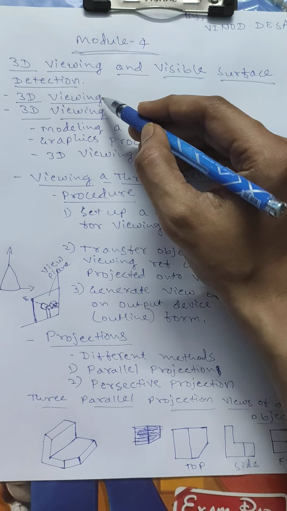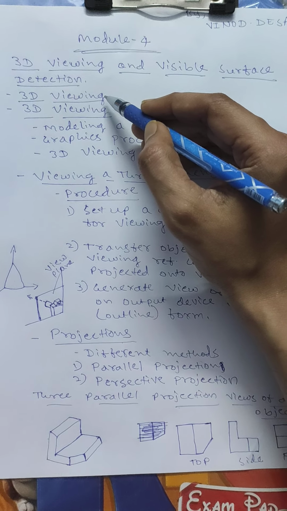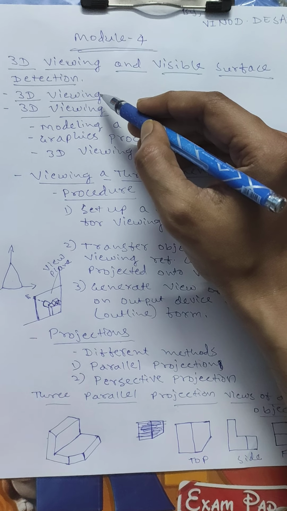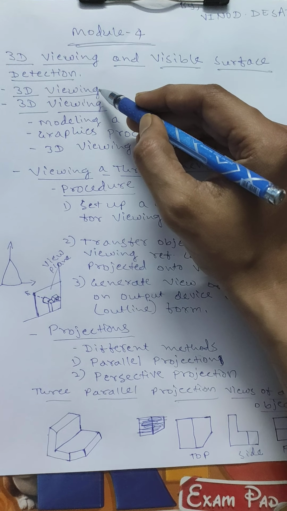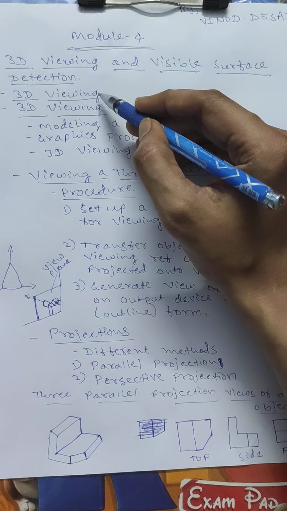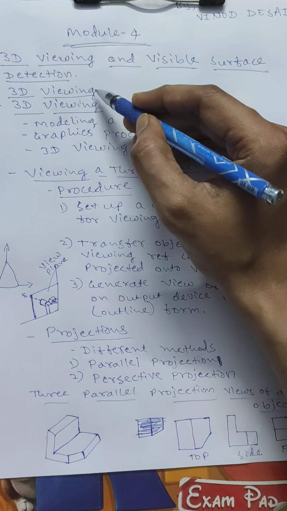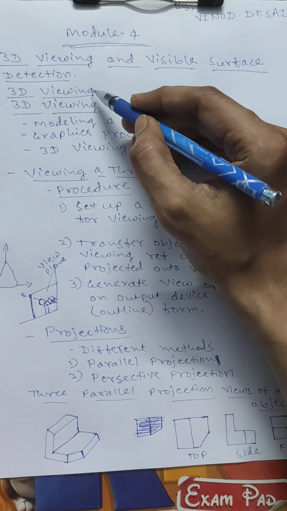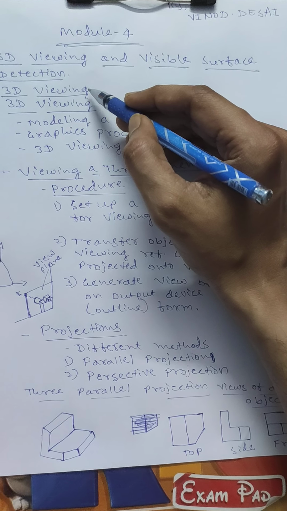And in graphics packages there are a set of routines or functions which specify the interior surface, interior structure or the cross-sectional views of a solid object. Here the viewing functions process the object description through a set of procedures, and ultimately they project a specified view of the object onto the surface of a display device.